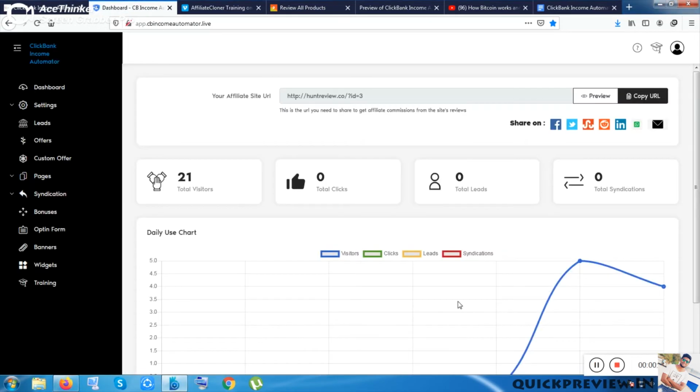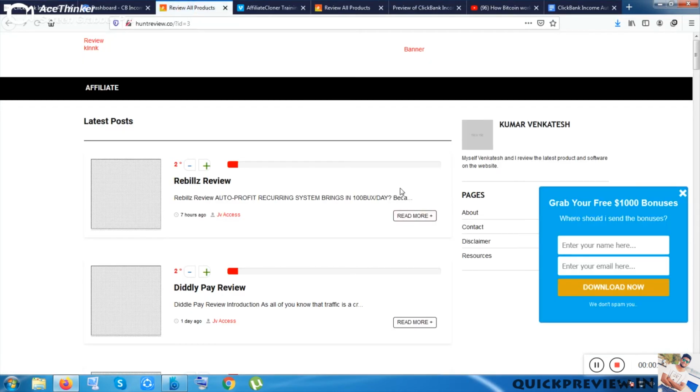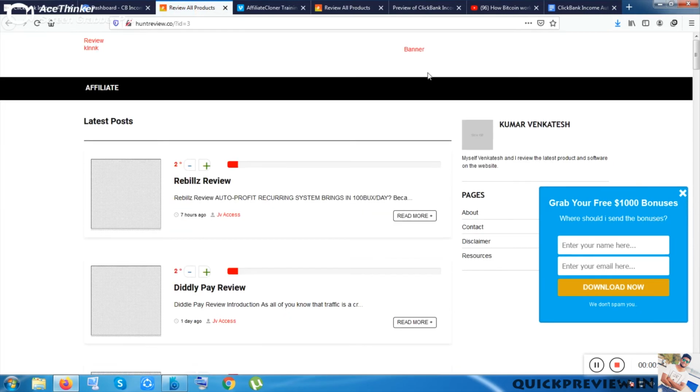Now let me clear one of the main things: at any point while you are working in this tool, you can click this preview button, and it will show you your made website. So this is the landing form, or this is the bonus. You can make this kind of bonus inside the sidebar and get this kind of website.